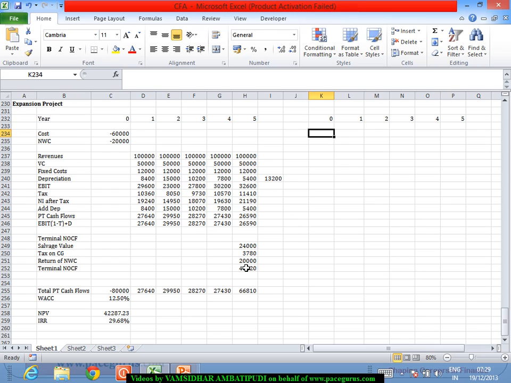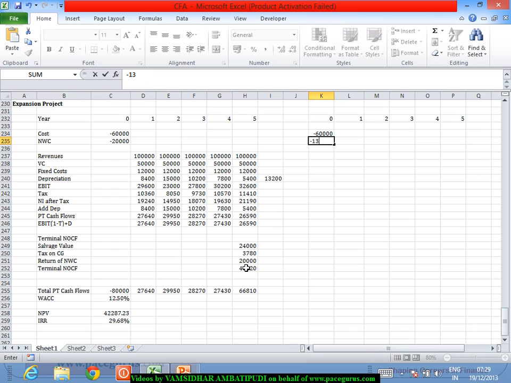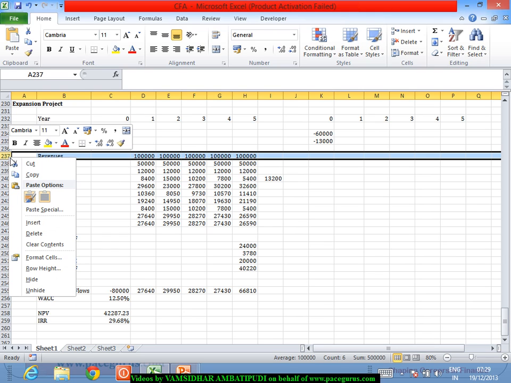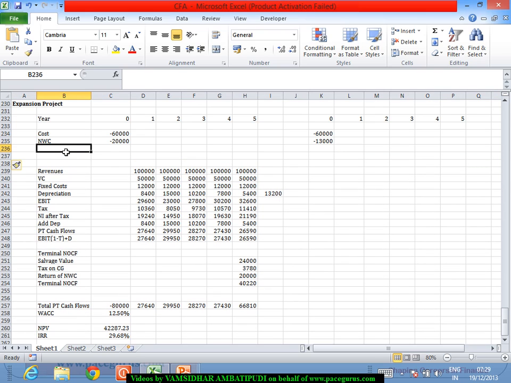For the new machine, the cost is minus 60,000, which is an outflow, as well as minus, here the net working capital will be increased by 13,000 instead of 20, because I might have got some cash by some working capital out of the older machine, so whatever it is. So now the net working capital is to the extent of 13,000 bucks. But along with that, in case of a replacement project, I will get a few more things,